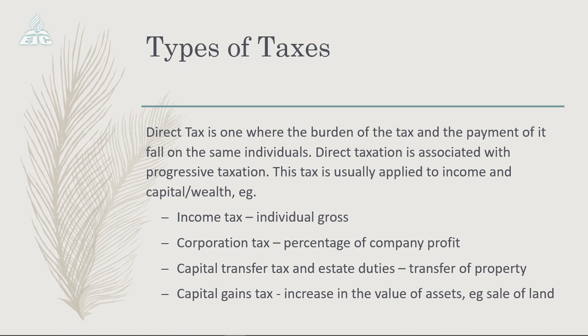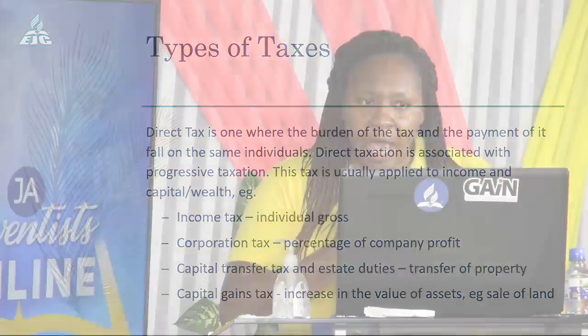Good? The other example of direct tax is the corporation tax. Notice the income tax is imposed on individuals. So I would pay income tax because it's paid from my salary. Good? John's father would pay income tax. Jane's mother would pay income tax because it's from our salaries. Good? If you don't have a salary, then you would not be paying income tax. Please note that. Good? And then corporation tax, those are paid by companies.